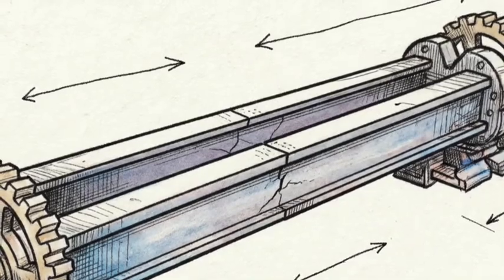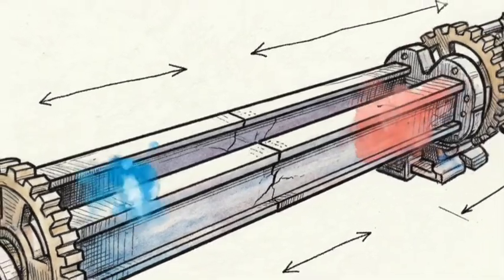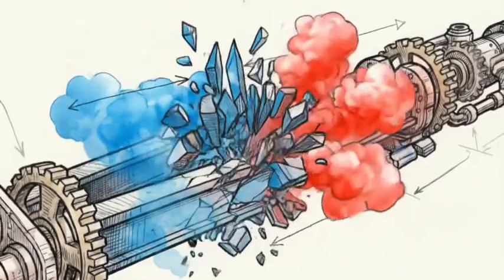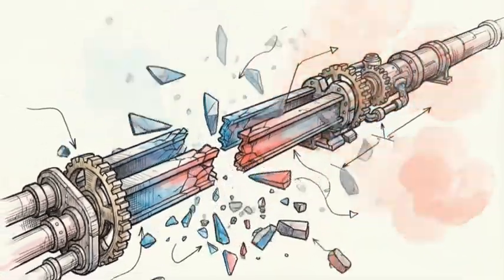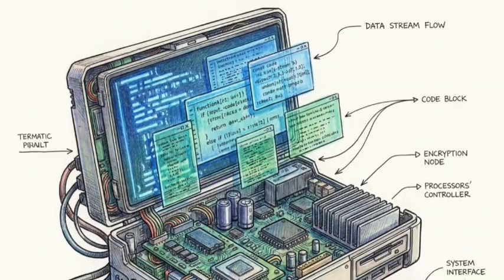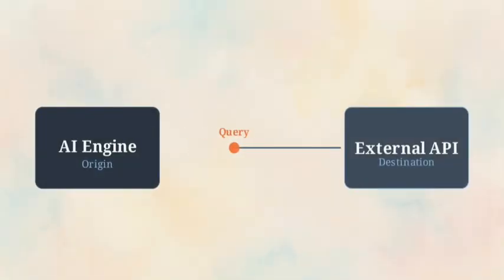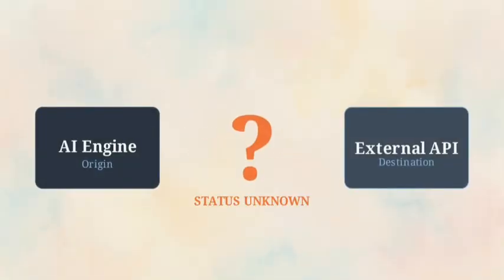This models the failure point of standard AI integrations. A linear pipeline eventually collapses because it pushes data in only one direction. Developers configure these wrappers to fire prompts out to external endpoints. The system executes the query, but it possesses no mechanical way to verify if the output actually reached its final